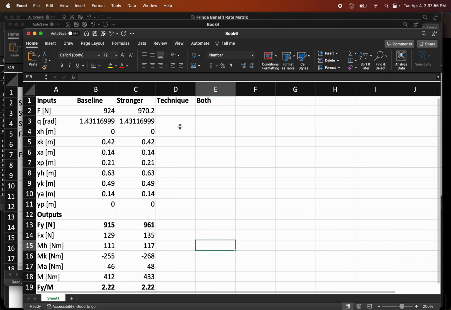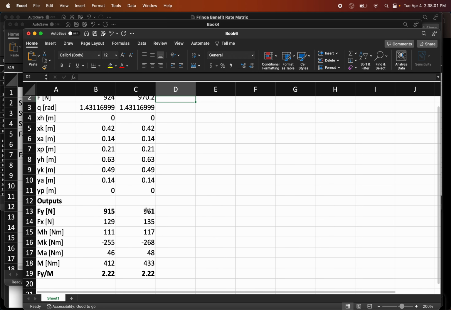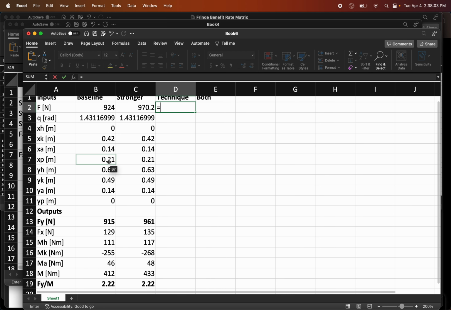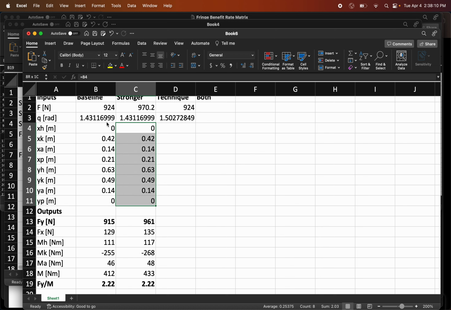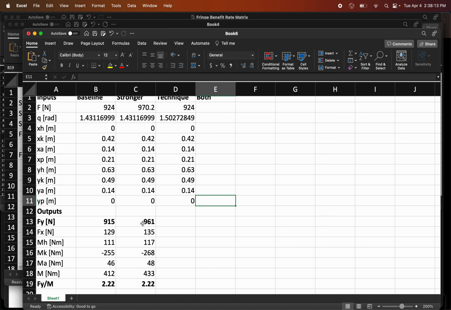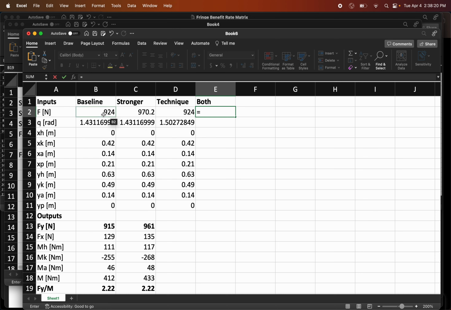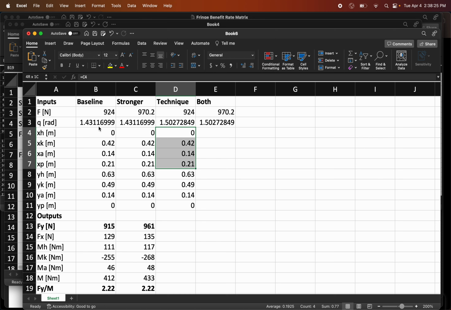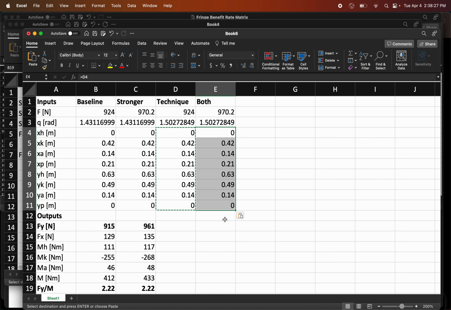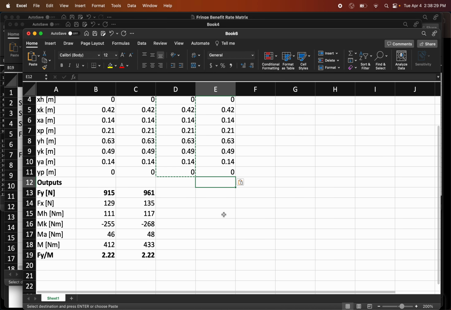So this is a nice way to set it up, because now in the technique condition, all I've got to do is change the inputs up here, and I can just copy paste everything else. It's the same force, but now my angle got 5% bigger, 5% more vertical. Nothing else changed. And then you can just copy paste over these calculations and get your results for that technique condition. Then for the both condition, they both increase by 5%. This other stuff stays the same, and then you can copy paste over your calculations there